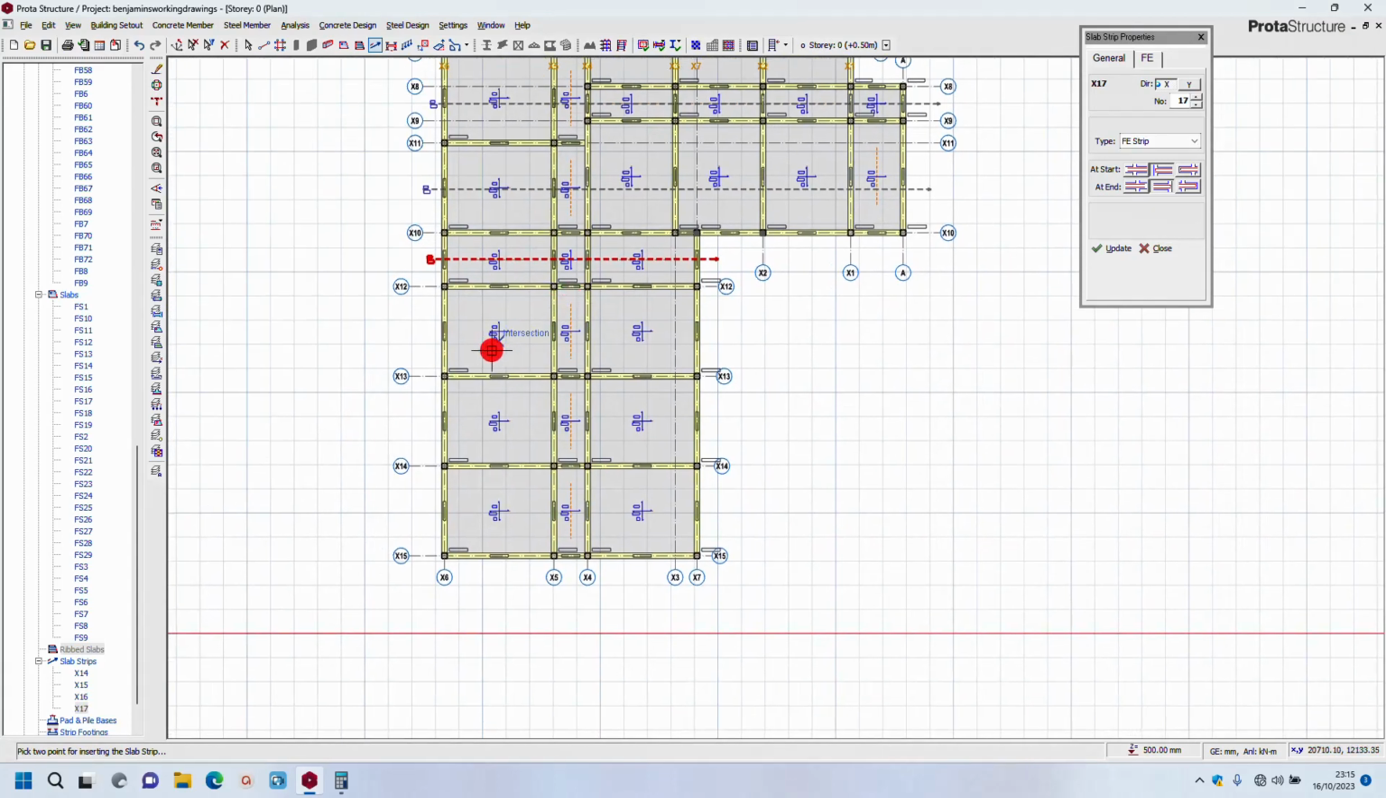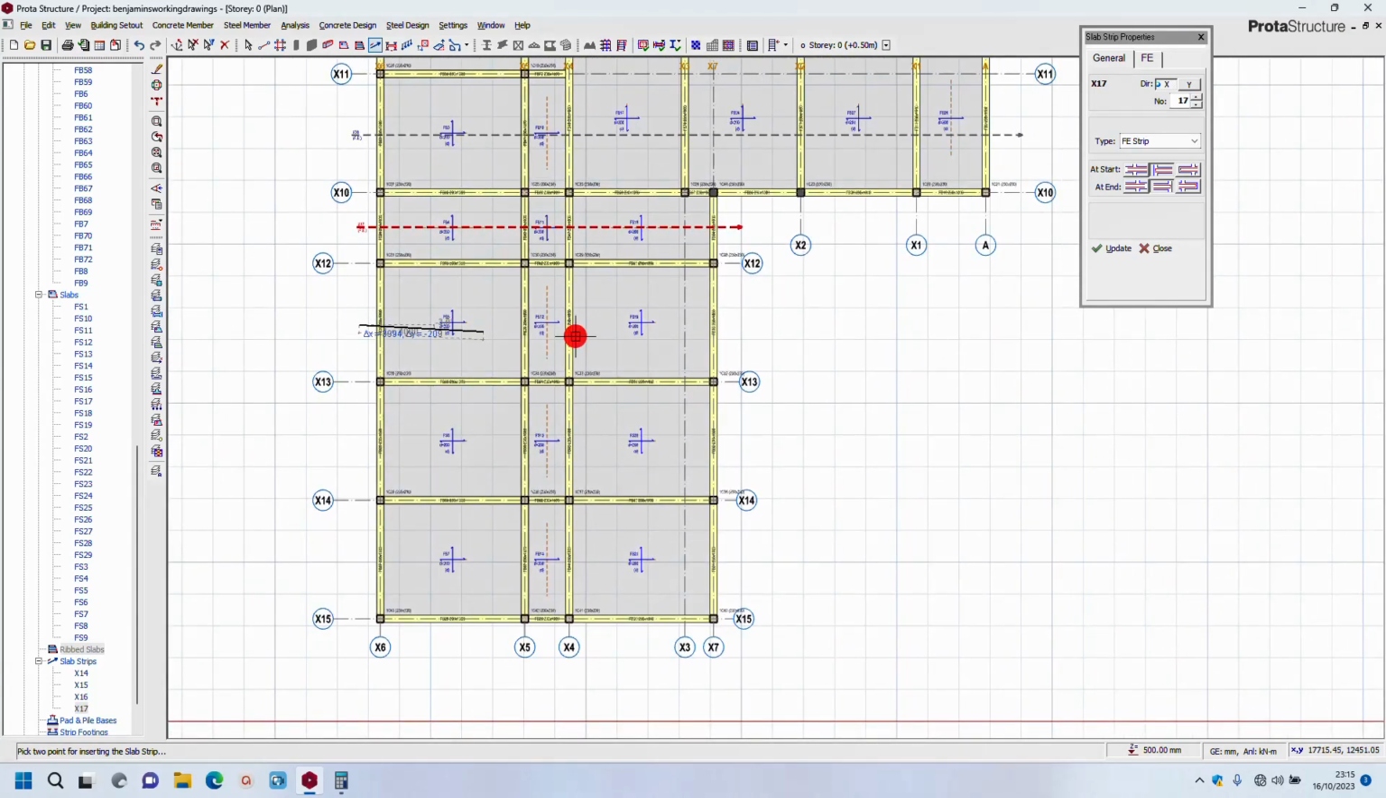Now before you select Raft foundation as your foundation choice, it must be